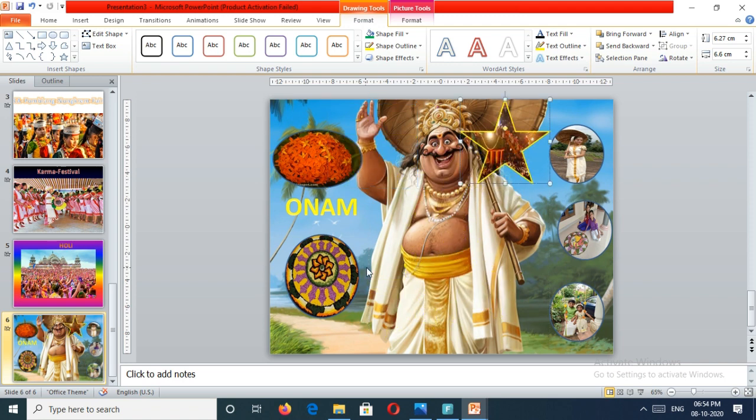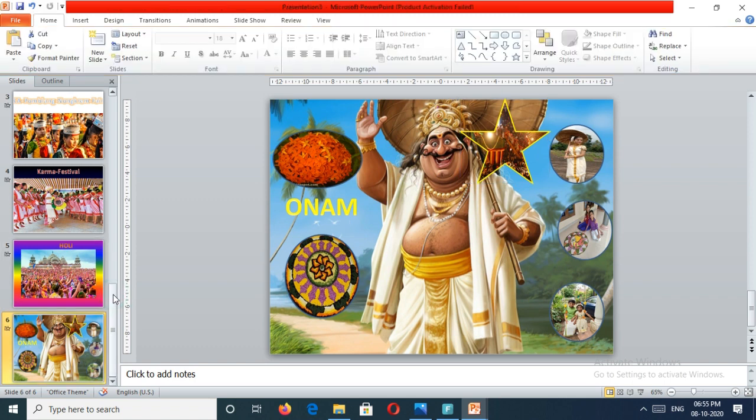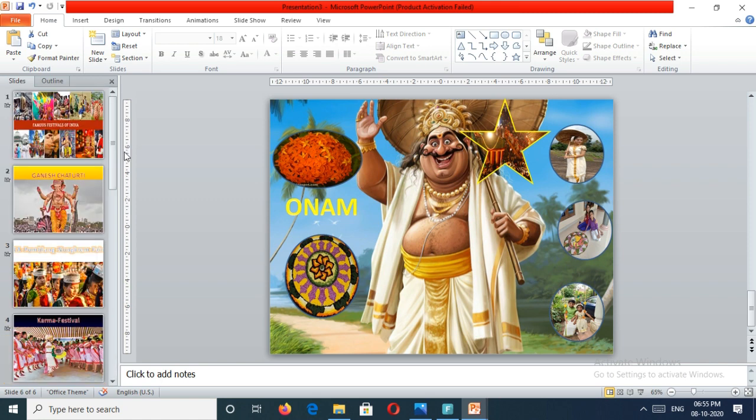Okay. I think you all understood how to apply the transitions and animations and how to insert pictures inside different shapes. It's very interesting. If you want to share with others, you just share and try to study all these things. Try to apply using your computer and all of you should practice with these tools and create different presentations. Very interesting, car racing. I will show it in the next video.